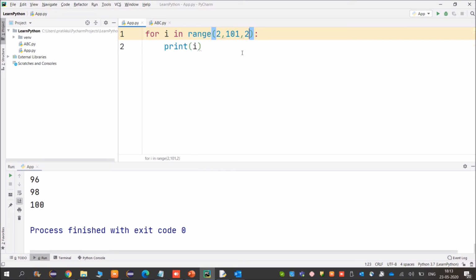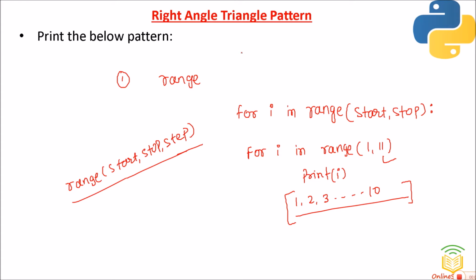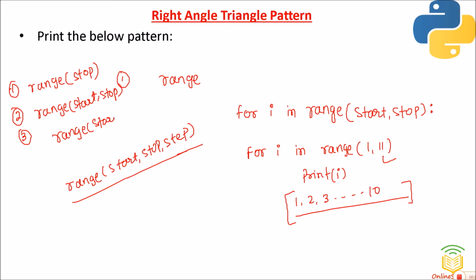Friends, this is what the range function does. So range is the key here, and your range function can be defined as range(stop), then the second definition is range(start, stop), and then range(start, stop, step), right? This is what we had discussed here, friends. So there will be 3 types of range: one type is where you define only the stop value; second, you define the start and stop values; and third, range with start, stop and step.